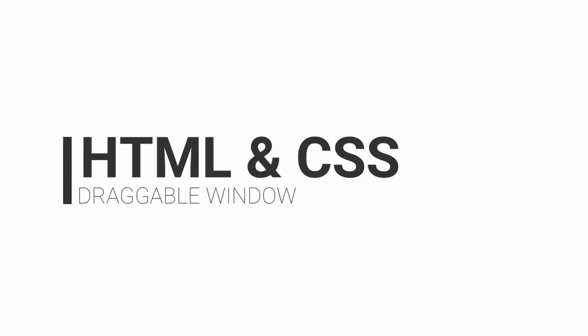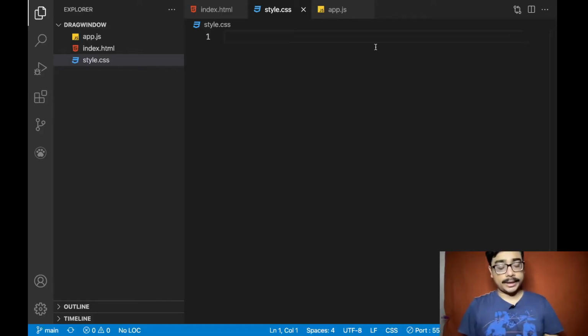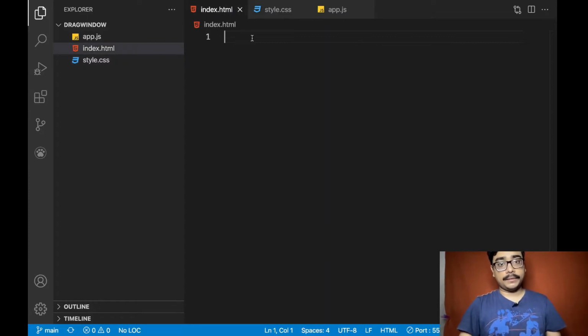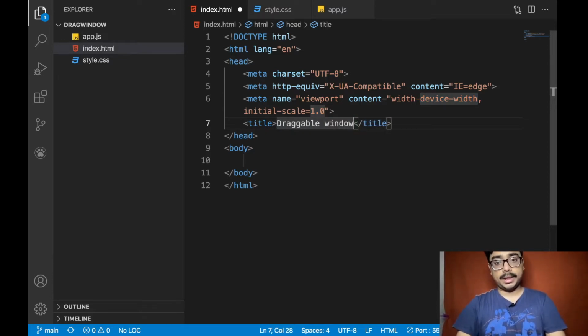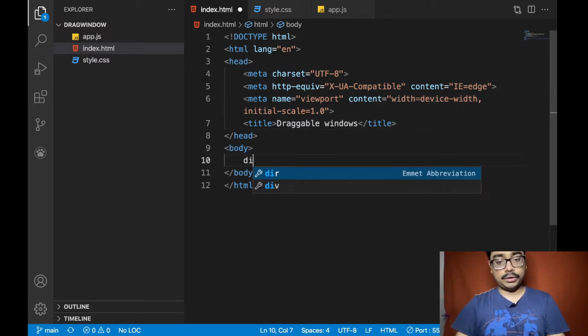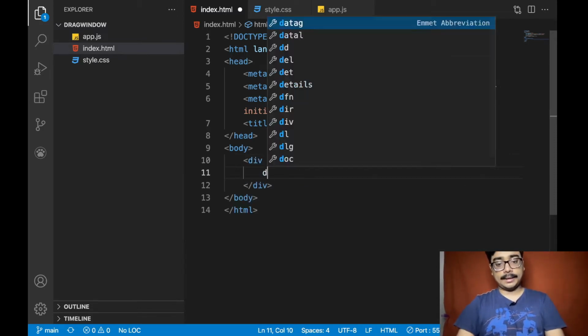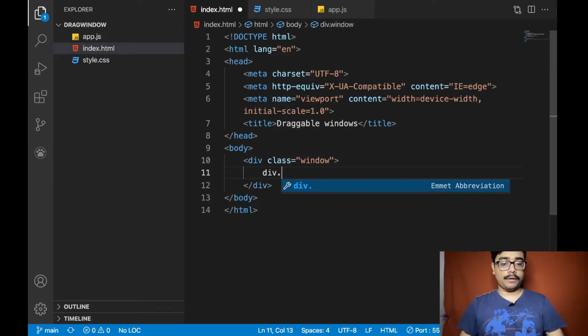So as you can see, we are in an empty project directory, and to start with, we will type exclamation and tab, which will autocomplete our HTML, and we will write draggable windows. Okay, and then in the body we will do a div of window, and then we will have a div of, say,